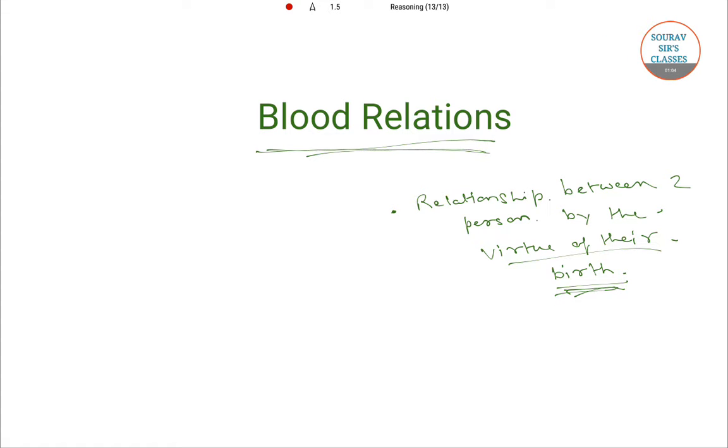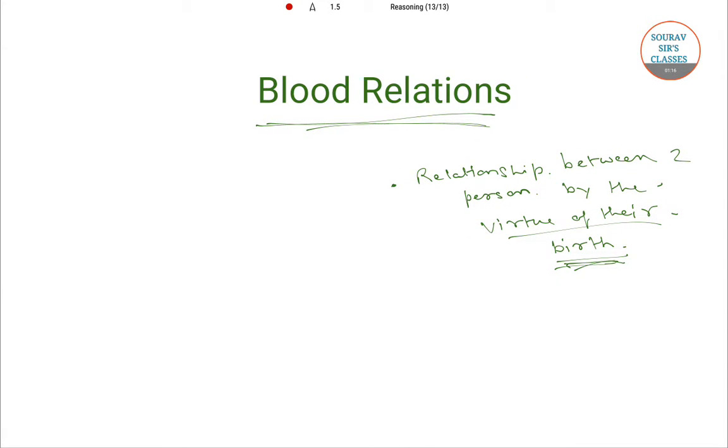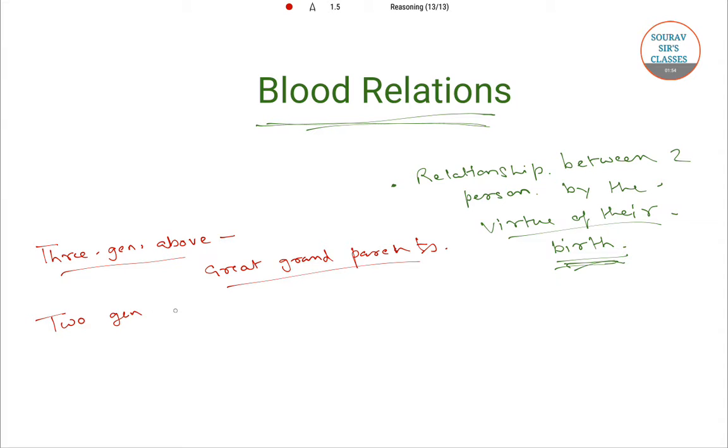Now, every person will have different relationships like father, mother, sister, brother, husband, wife, grandparents, etc. When the blood relation is 3 generations above, they are basically great grandparents, whether maternal or paternal. 3 generations above is great grandparents, 2 generations above are grandparents,